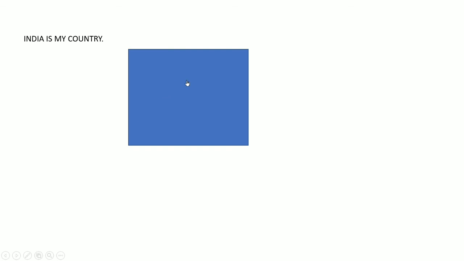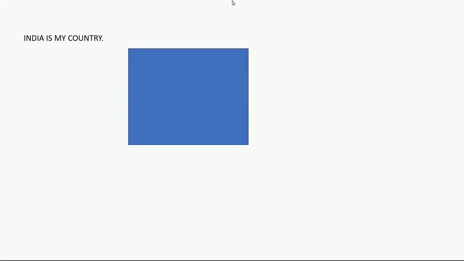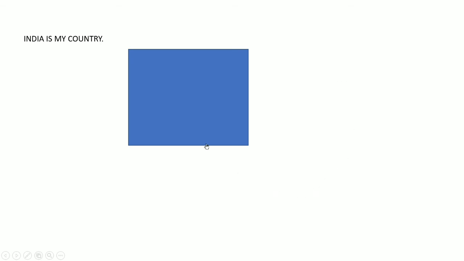Now I will click, the text came first, then the rectangle came, but now when I click, the square will not appear. Now I am clicking outside the rectangle and the slide got changed, but the square did not appear. But I want the square to appear. For that, as I move my mouse on this rectangle, its pointer changes to a click button. Now when I click, you can see it is appearing, right? So this is the best part of trigger.